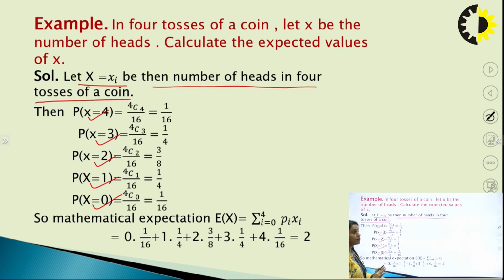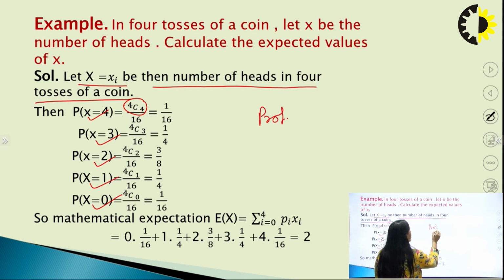Now, if I want to calculate the probability of getting head all 4 times, then we can write it as 4C4, meaning out of 4 all the time we are getting head. So, we can find it using combination, and we always know that probability is always